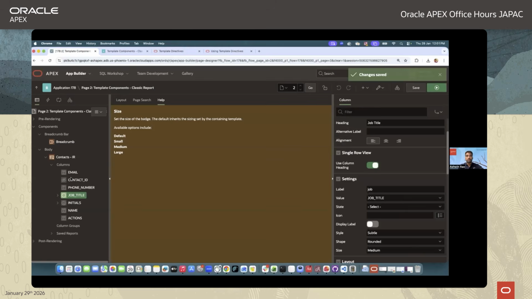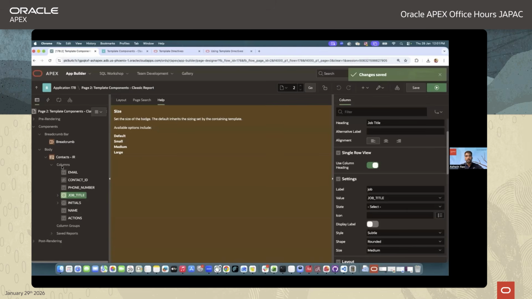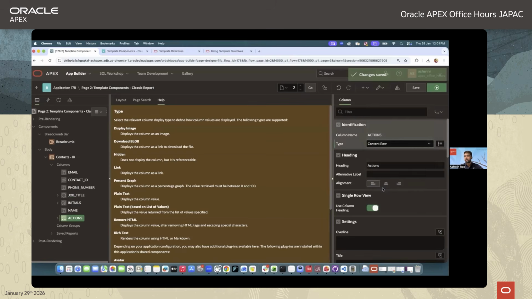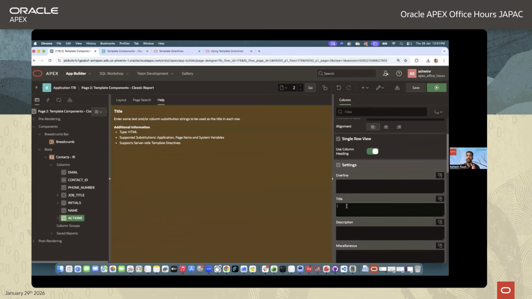I would like to add one more thing. I would like to add an action button here, right? So let us see how we can add an action button. Again, I already have a column called actions. So here I will just change the type to content row. And I will not populate any of this because I just need a button. I don't need anything else. I don't want to have a content row, but I would like to have a button there, which basically is